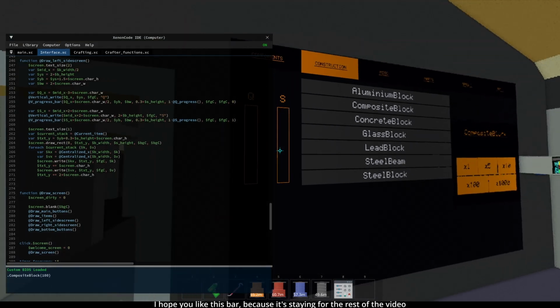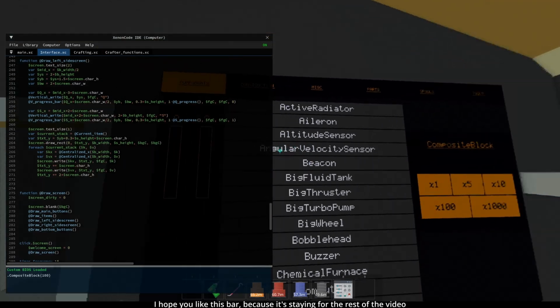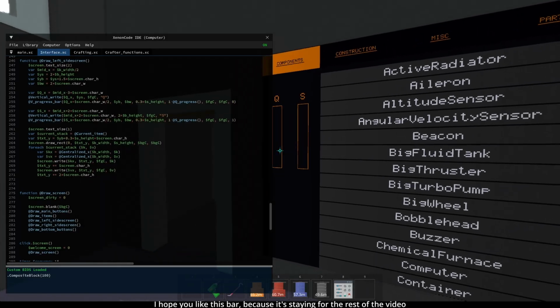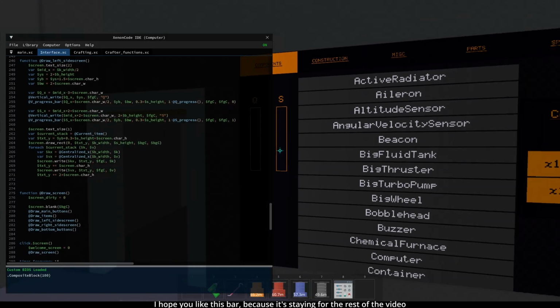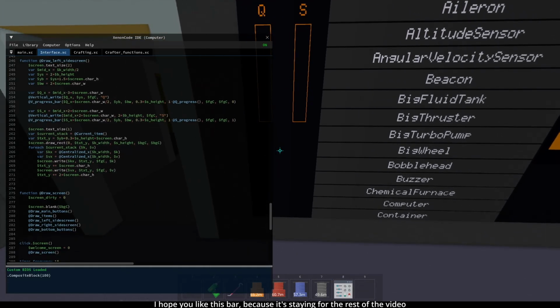For example, if we craft a more complex item like the angular velocity sensor, we need to craft the subcomponents, and maybe we are doing multiple subcomponents at the same time, so I want to show all of them. So what I want to do is